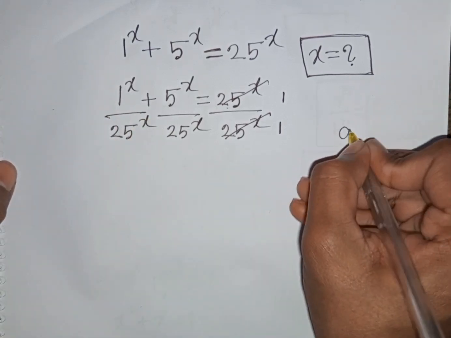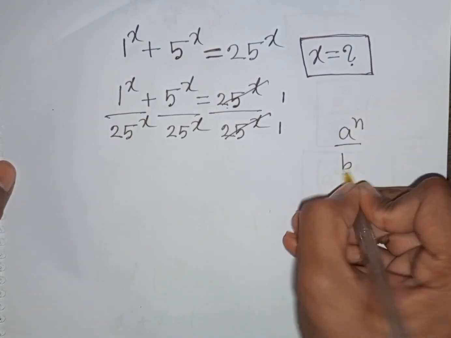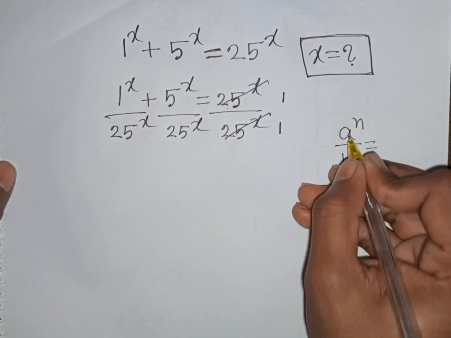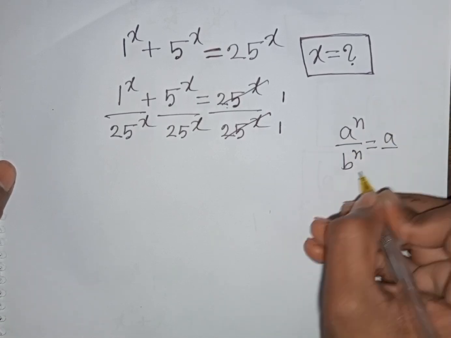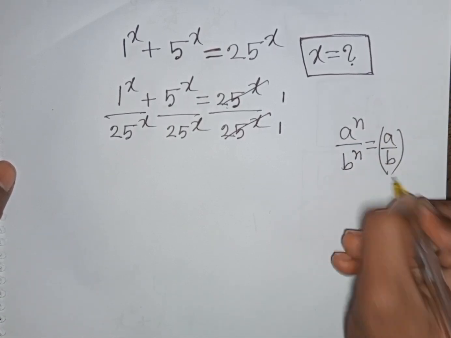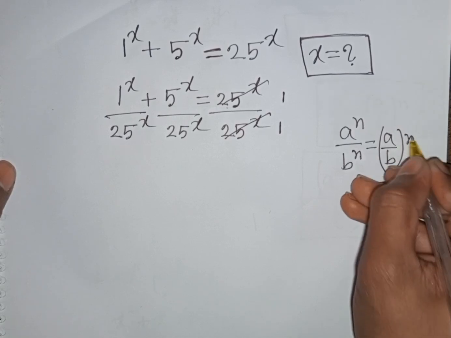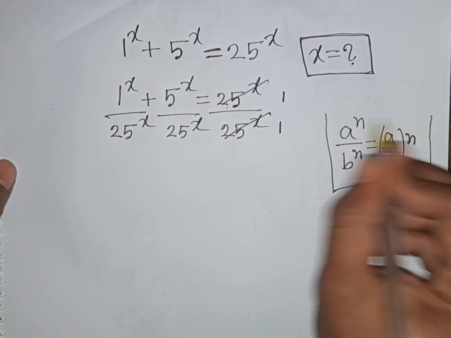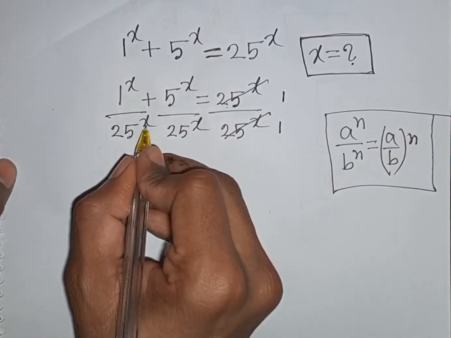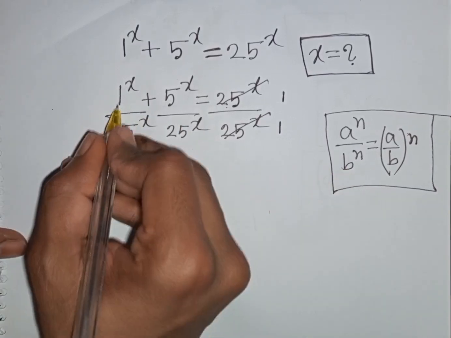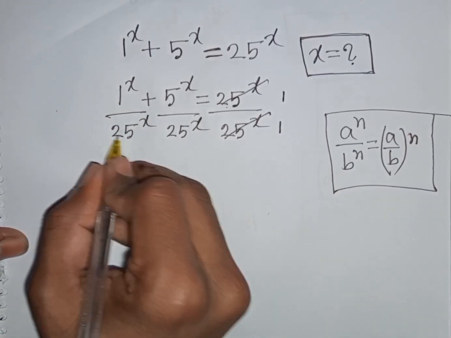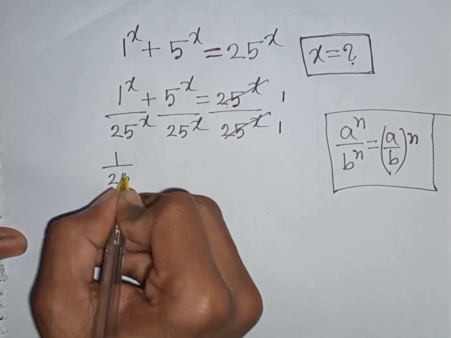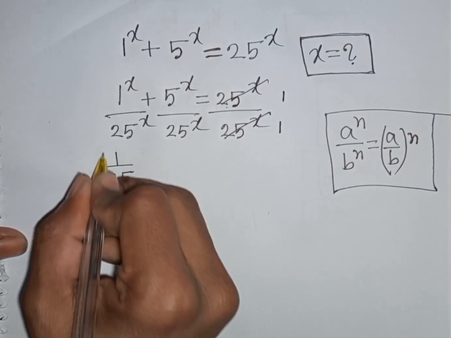So remember this formula: a power n over b power n is equal to a over b, then bracket common power n, that means n same power but different base. So here x same power but different base. So according to this formula I can write here 1 over 25, then bracket